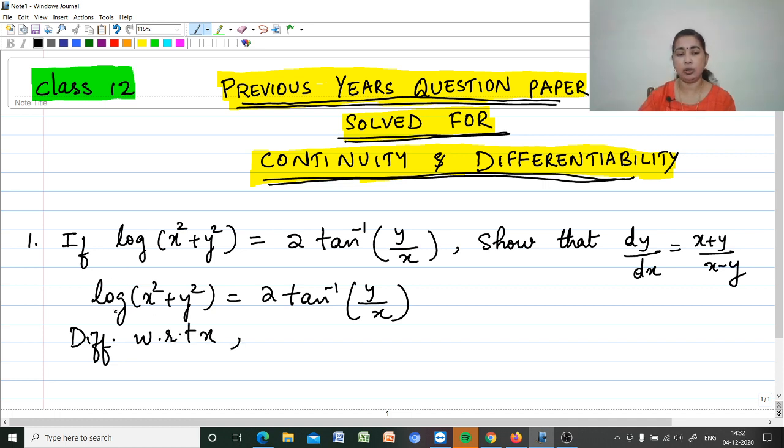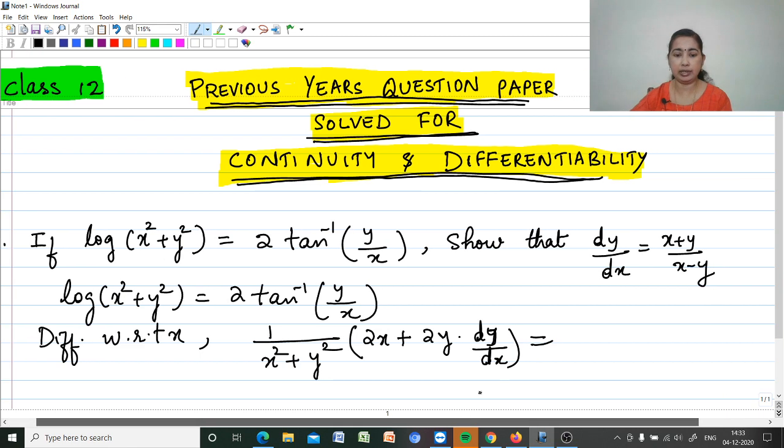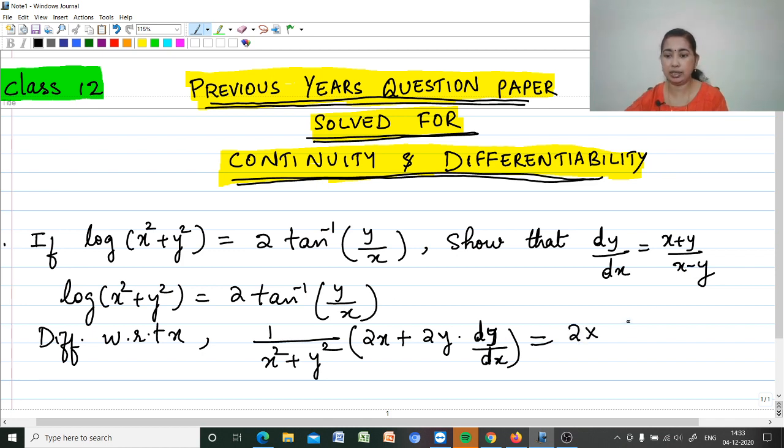we are getting this as log of x square plus y square means 1 by x square plus y square into derivative of x square plus y square. Derivative of x square is 2x and derivative of y square is 2y into dy by dx. Now the right side, 2 into tan inverse of y by x. 2 into tan inverse of something, derivative is 1 by 1 plus x square. Here it is y by x, so y by x whole square